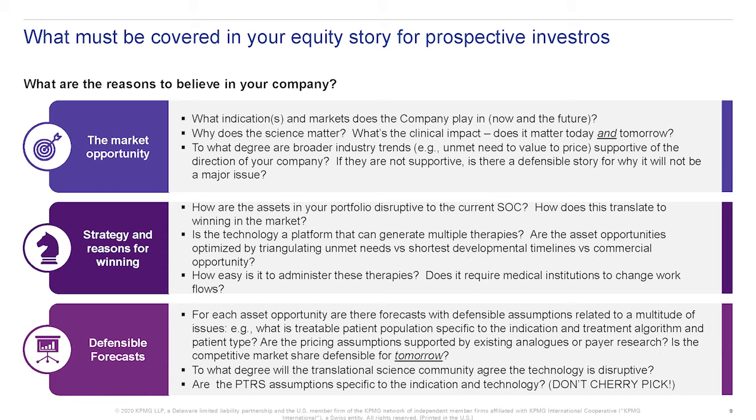And lastly, I would say the PTRS rates for pipeline products is a key area that we see a lot of companies struggle with. Our recommendation is to use the standardized published ones that are out there. There are many databases that have really strong PTRS rates, like Informa. There's the Tufts research that's out there. Use the standardized PTRS rates out there. Don't cherry pick them. We often see that, and it's a place that savvy investors know is where people are going to try and